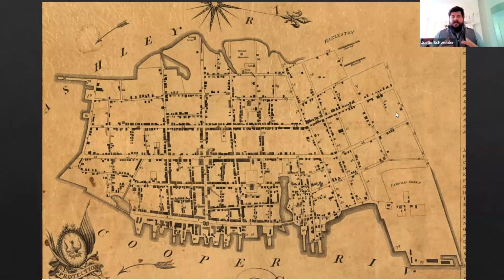It's been enveloped within the bounds of the modern, 18th century sense, but the enlarged footprint of the city as it continues to grow. The walls are pulled down. You can see that the fortified seawall is actually demolished, and the wharves have already started to extend and infill land and capture some of the harbor as the city continues to grow and expand outside its original bounds. We'll touch a little bit more on this map later on when we're looking into some of our investigations